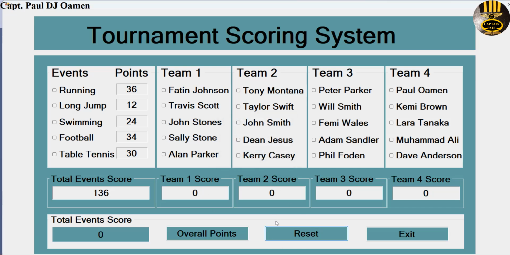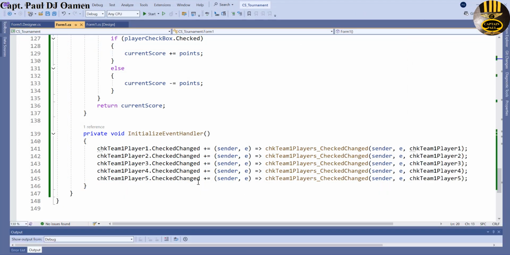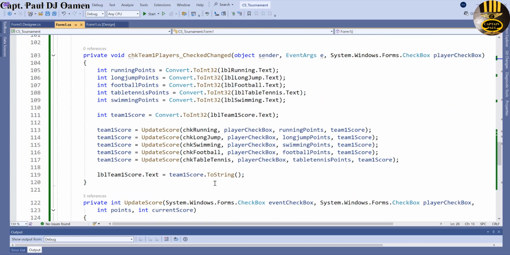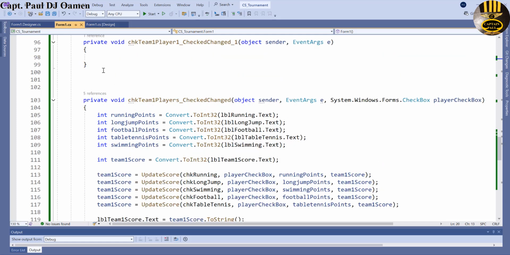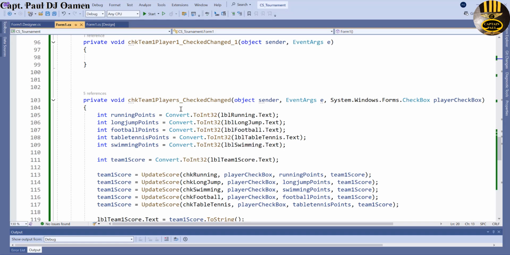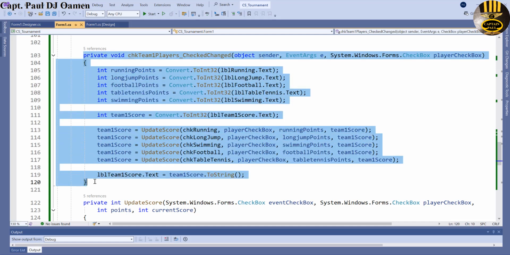Yeah, it's not working. So I've actually taken care of this group box here. So we need to take care of these other ones. All I just need to do is copy. The whole process is exactly the same. So I'm going to copy this now. This is for the very first group box here. The second group box, I'm going to just copy everything I have in here. See that? Copy